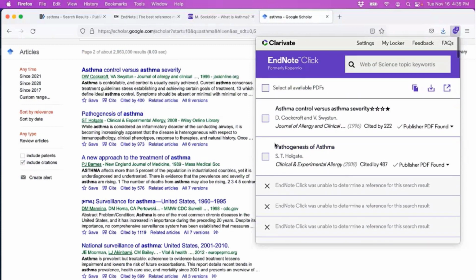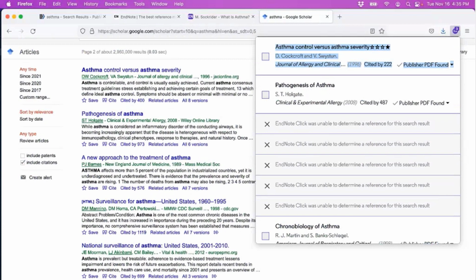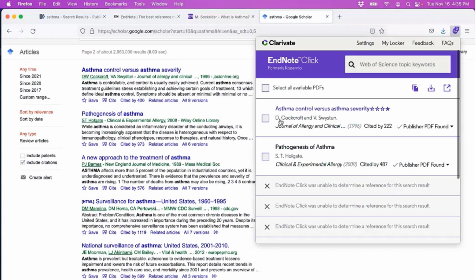But I can request one PDF at a time from this Smart Extension screen, or I could request multiple PDFs to be exported. So let's just say I want these first two articles from this page of search results. If I just want to add these to my locker, I could view the selected PDFs, and new browser tabs will open showing me those PDFs in my locker. I can, again, skip the locker and just download those PDFs to my hard drive, or I could bypass that step as well and just send both of these references, the reference and PDF, to an EndNote library. That's what I'm going to do now.